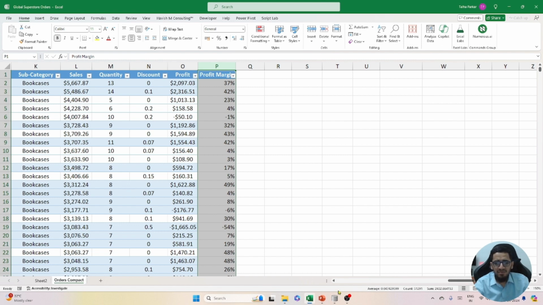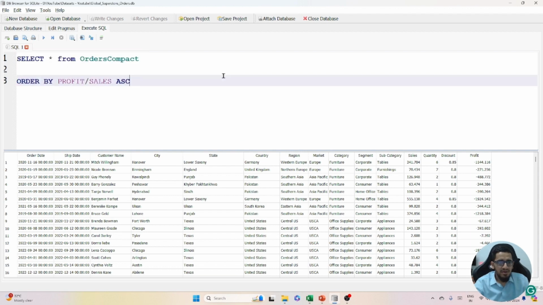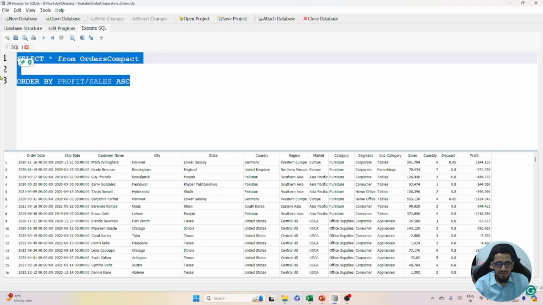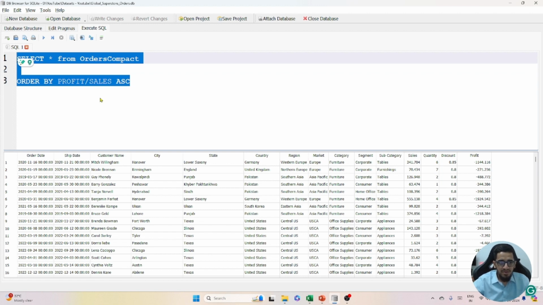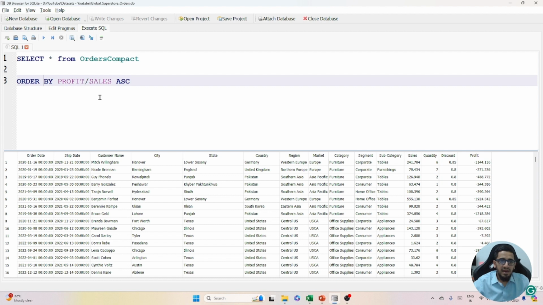Coming to SQL, we want to do this operation. What we're essentially trying to do is, I've selected my entire data first, and I want to order by profit divided by sales. Now this is not going to create an additional column. When I do profit divided by sales, ascending, it is going to perform that calculation for me and then sort